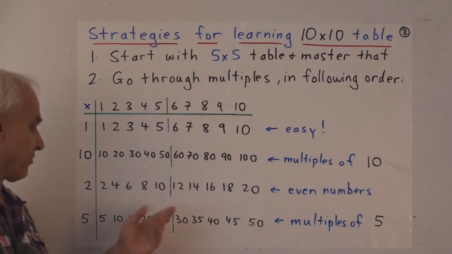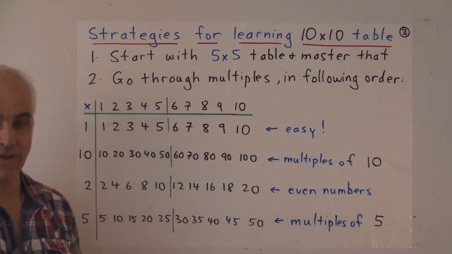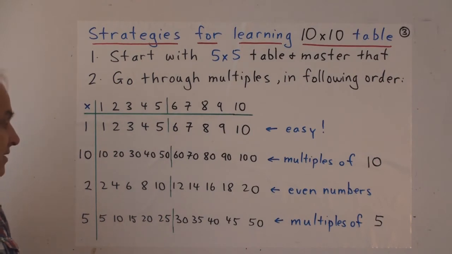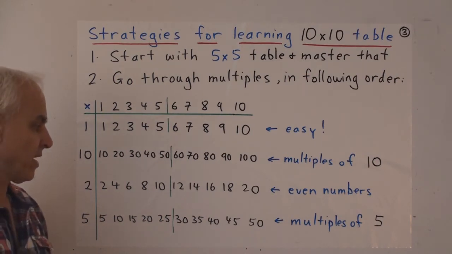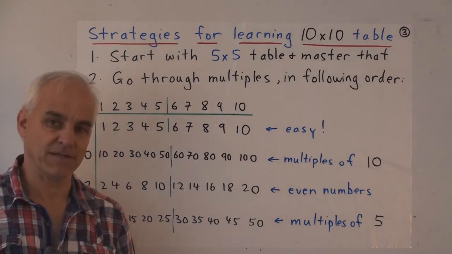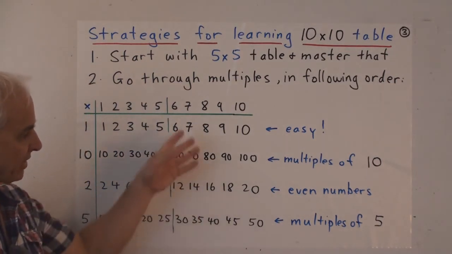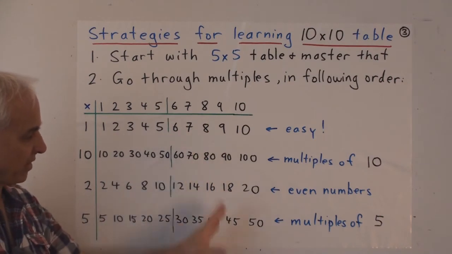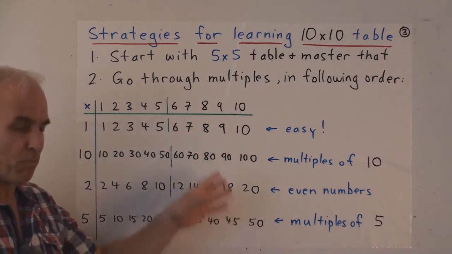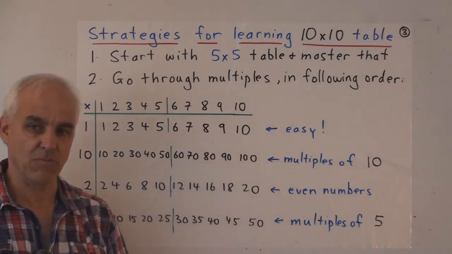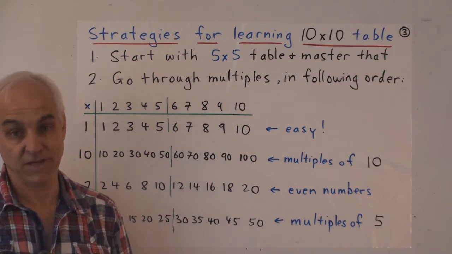After this, I suppose 3 would be natural, then 4, and then 6, 7, 8, and 9. 9 is actually a little bit simpler than some of the other ones, so you could do that one earlier as well. But I think it's especially nice to start with these 4. These are probably the most important ones. Multiples of 2, multiples of 5, multiples of 10.